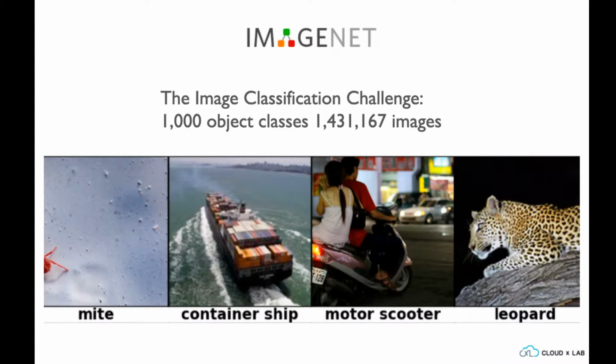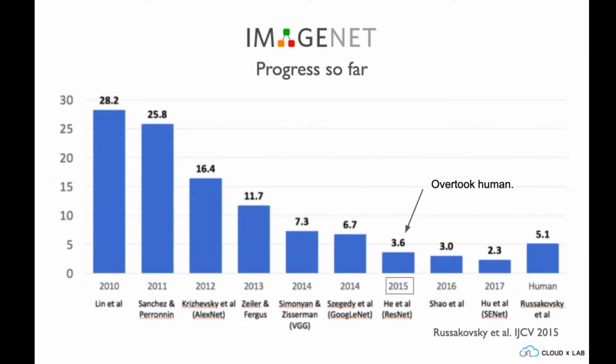Now for an example, ImageNet is an open classification challenge. There are 1,000 object classes and over 1 million images. A lot of these object classes can be quite subtle. The differences can be quite subtle, like types of puppies, etc., which may not even be obvious to the human eye. And this is how ImageNet has been progressing.